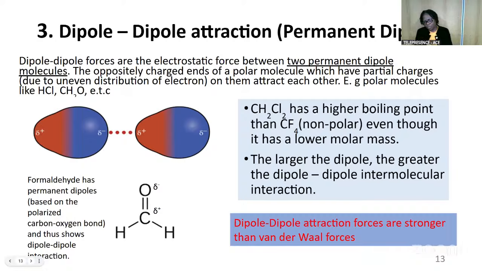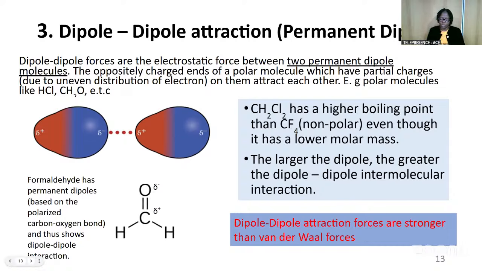Carbon is 12, hydrogen is 1, chlorine is 35.5. So if you look at the summation, it's less than the molar mass of CF4, which is actually larger, but we will find that CH2Cl2 has a higher boiling point because of the nature of the